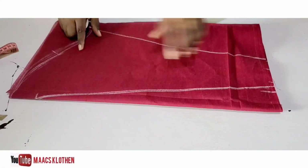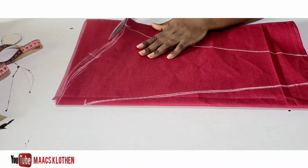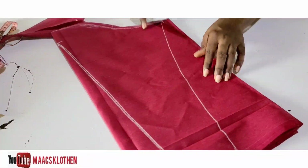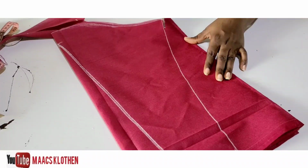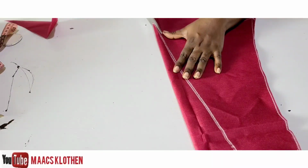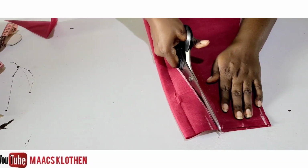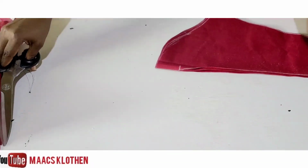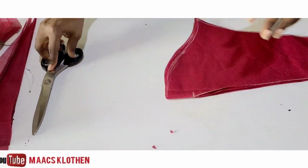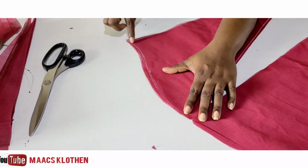Cut this out, and then we are going to cut the sleeve also. The back armhole, then we are going to cut this. So we'll create a notch here, and then we are going to open this up, and then we are going to take the front